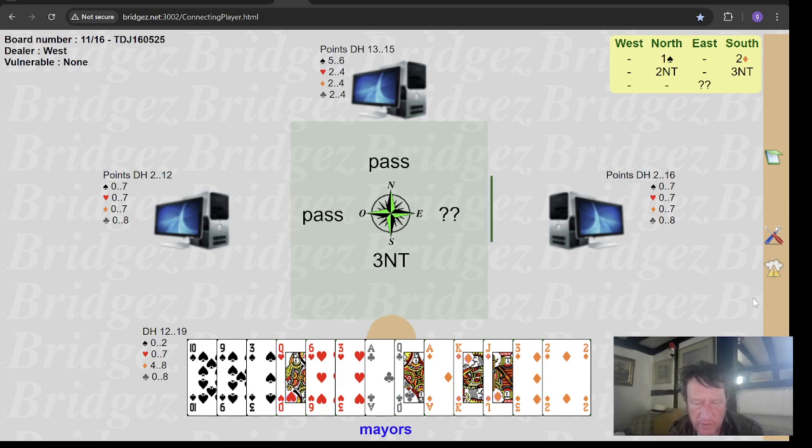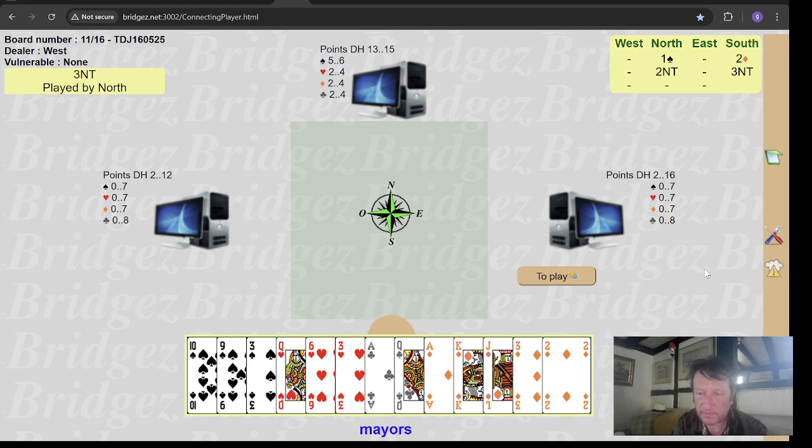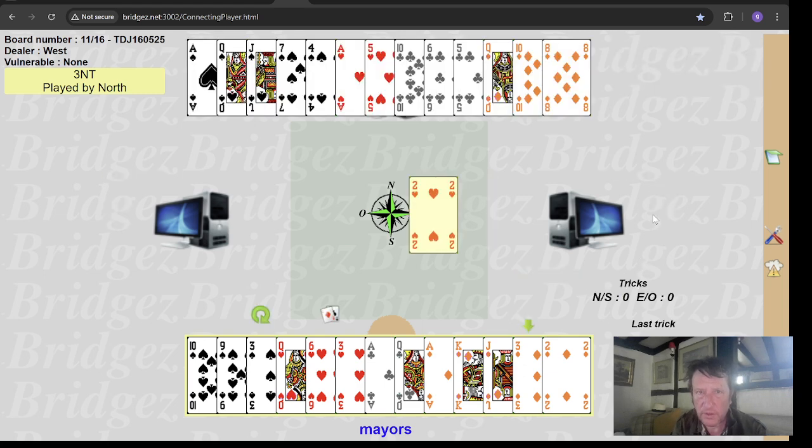I'm sure the field is going to be in 4 spades. If partner's got something like king third club. They don't. 4th highest lead. So